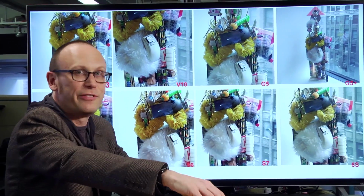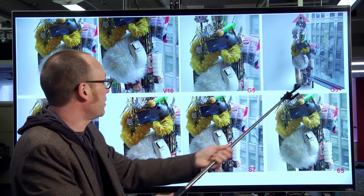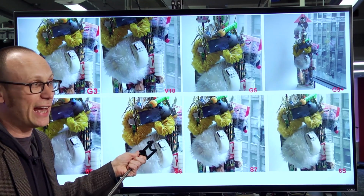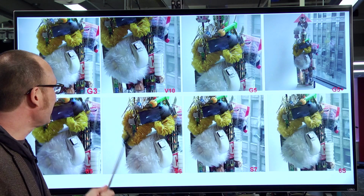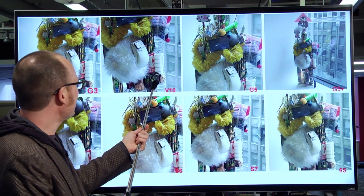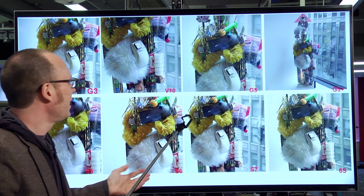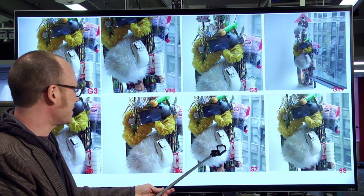Okay, so here we have some photos that I took in good light with all of these generations of cameras. And so these are like 3 years worth of phones here from Samsung and LG and an Apple phone. And you see that in good light, going from last year, which is this row, to this year, which is this row, not much of an improvement. In fact, as we went from the S6 to the S7,